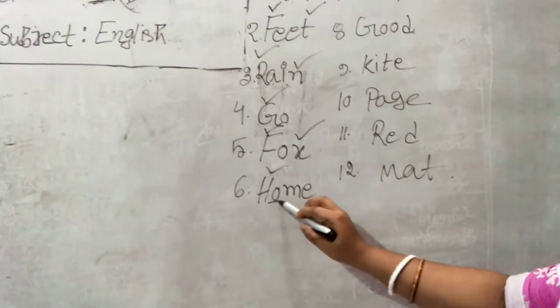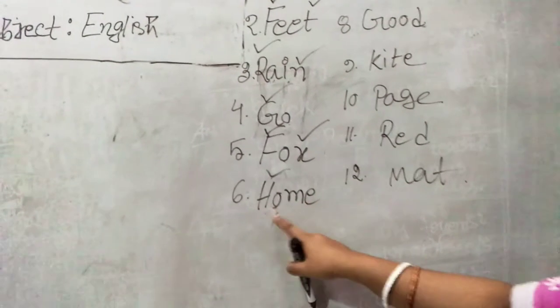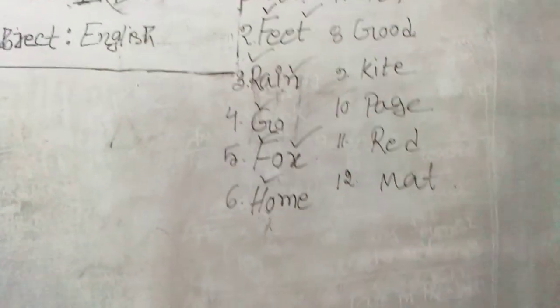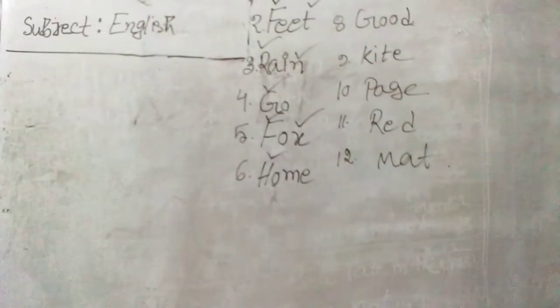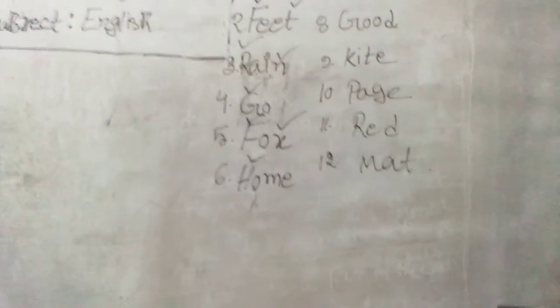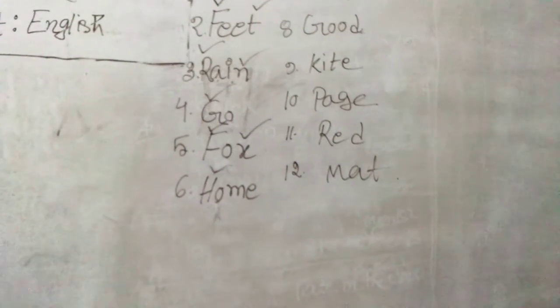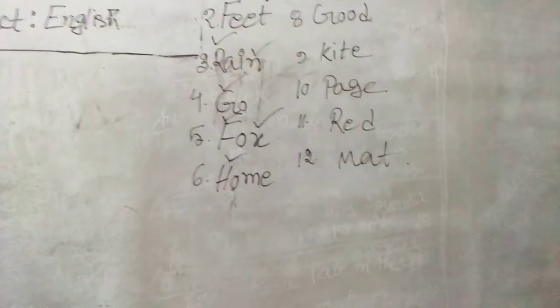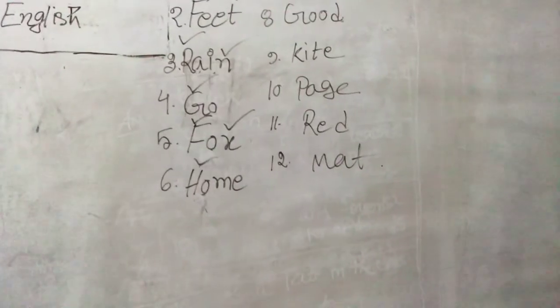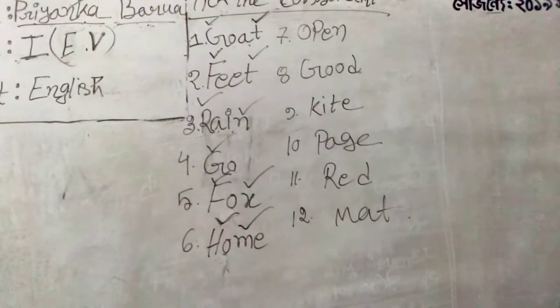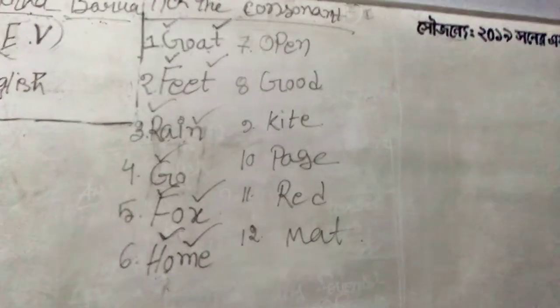So O is a vowel or consonant? It's a vowel. So I can't put any tick mark here. E is a vowel or consonant? It's also a vowel. But we are working with what? We are working with only the consonant. So should I put the tick mark on E? Would it be justified? Is it right? No, I can never put the tick mark on E, as E is a vowel. E is not our consonant. Only a consonant should be marked with a tick mark. So here in H-O-M-E, in these 4 letters, the consonants are H and M.